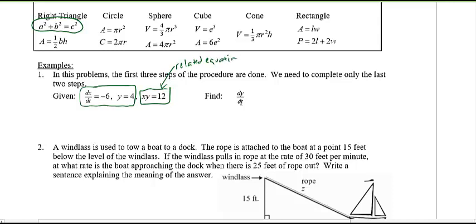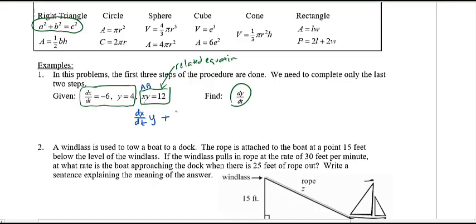Your goal here is to find dy dt, one of the rates of change. So how would you do this? Well, the question is, can you figure out the derivative of xy equals 12 implicitly? And if you remember, x times y, or a times b, is a prime b plus b prime a. So what's a prime here? That would be the derivative of x. So I'm going to write this as dx dt, because everything is in terms of time now. dx dt, so a prime b